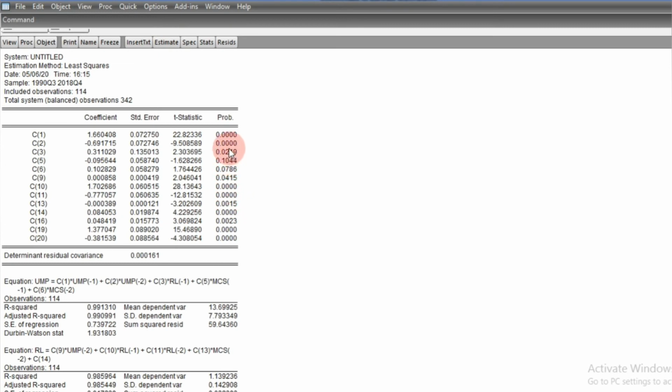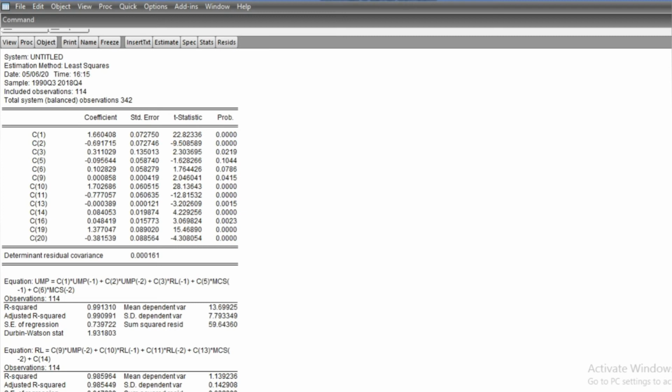Here all the p-values have come down, and the highest p-value we have here is 0.10. Okay, and that one there, we can actually say that the value there is still at 10%. Now this is the extent we can actually go at this point.